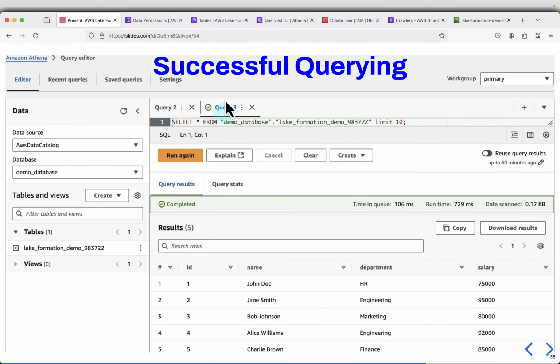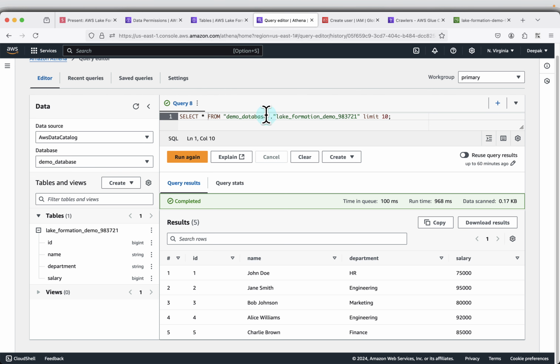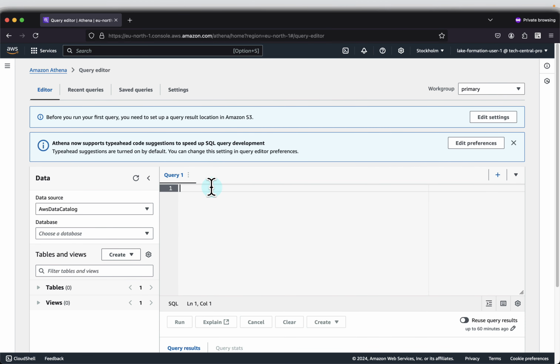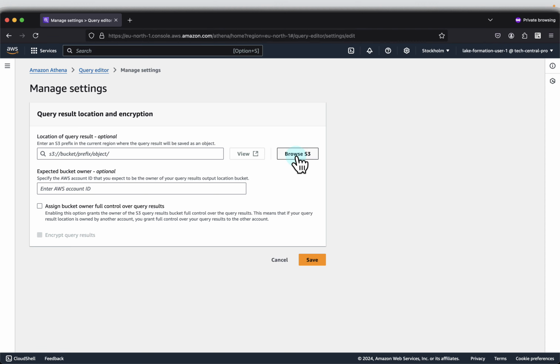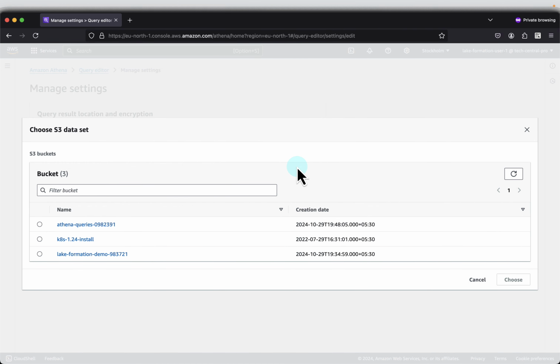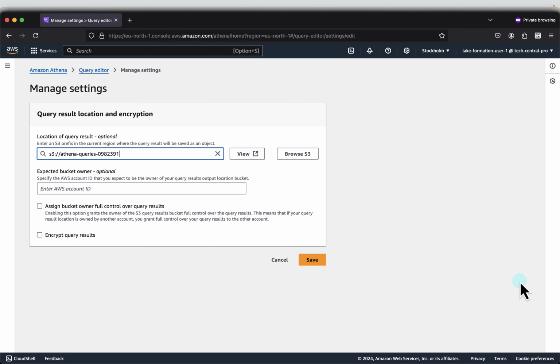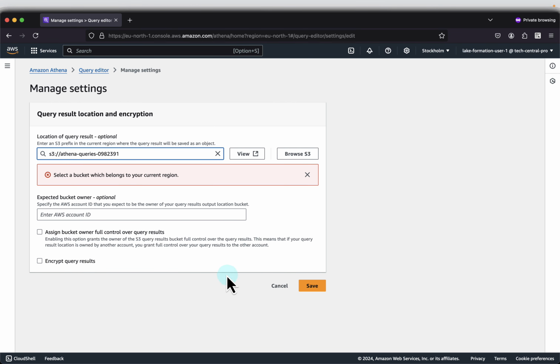So select, I can copy it from the query editor. I'll just copy the whole query and paste it. So right, this is the thing which I talked about in Athena. Before you run the first query, you need to set up a query result location. So let's say edit settings, browse S3. So just select the Athena queries, choose and